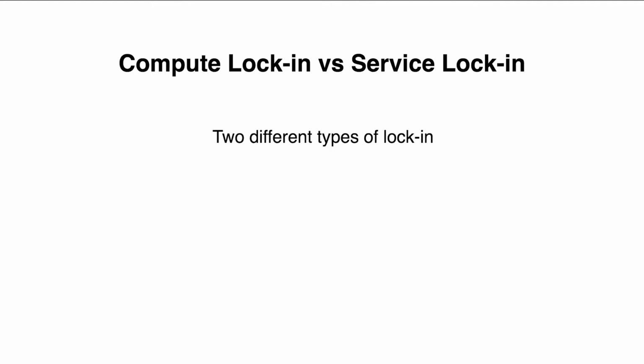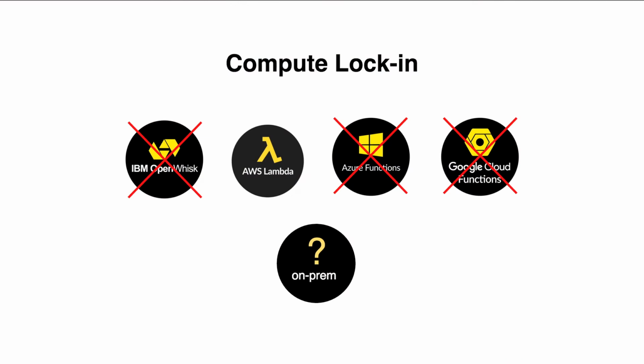We're talking about compute lock-in, which is the idea of where my function is actually going to execute. Is it locked into a particular provider and incompatible with other ones, so that I would have to make code changes in order to move it to a new location? And service lock-in. Service lock-in is the idea of being dependent upon a third-party service. Utilizing a third-party service within your function creates a form of lock-in, right? You are now dependent upon that service. So there are two different types.